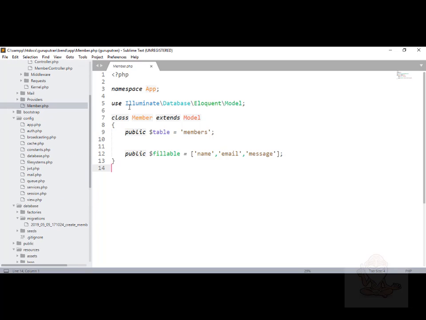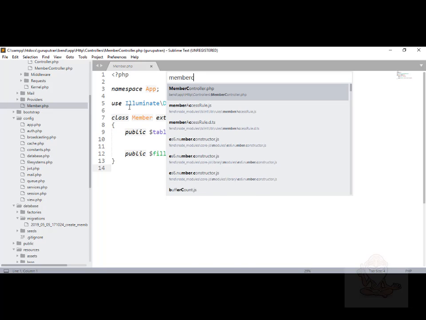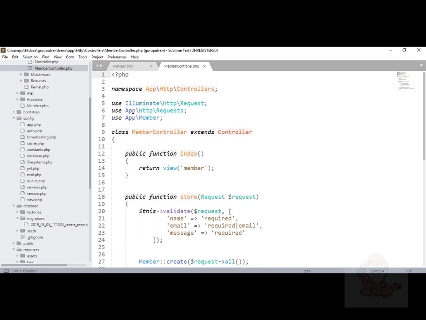So let's grab the member controller. Control P, member, just put C and it will come up, MemberController. Inside the MemberController, we have two functions, public function index and public function store. What does the index function do? It just returns a view which is called member. And what does the store function do?